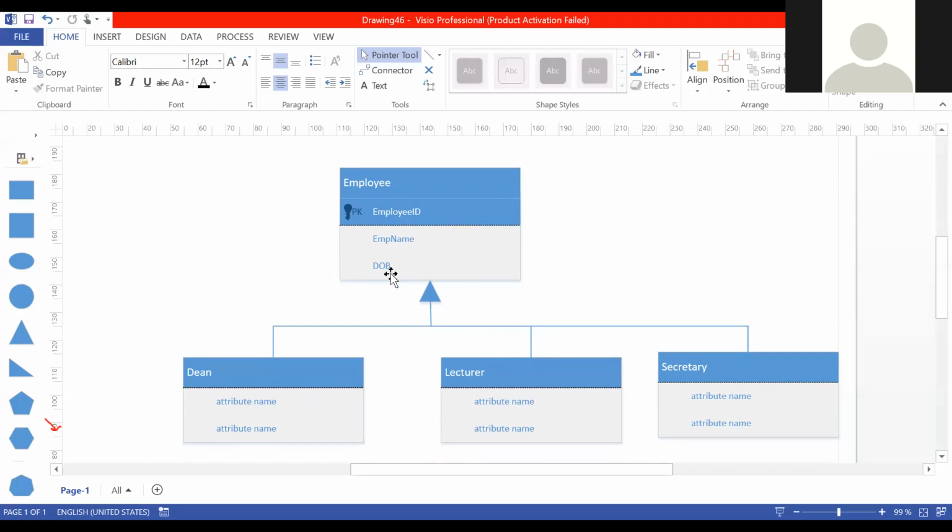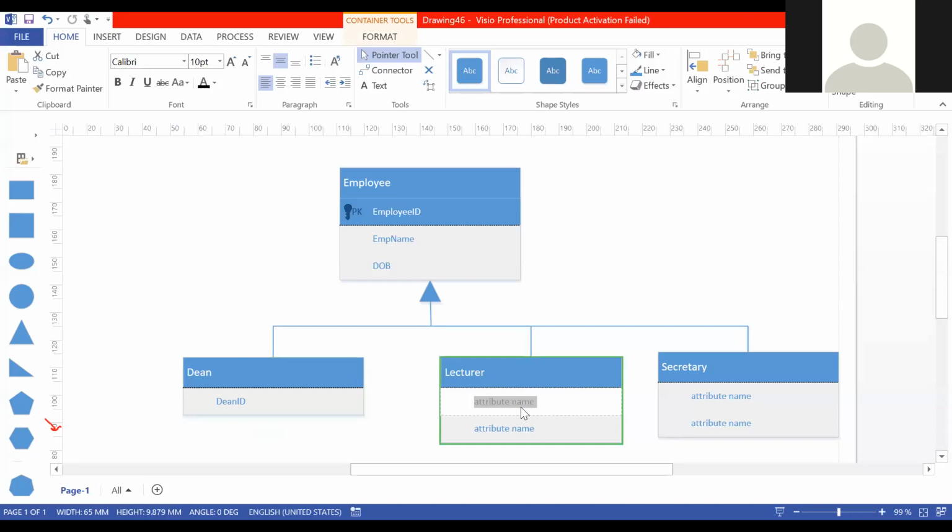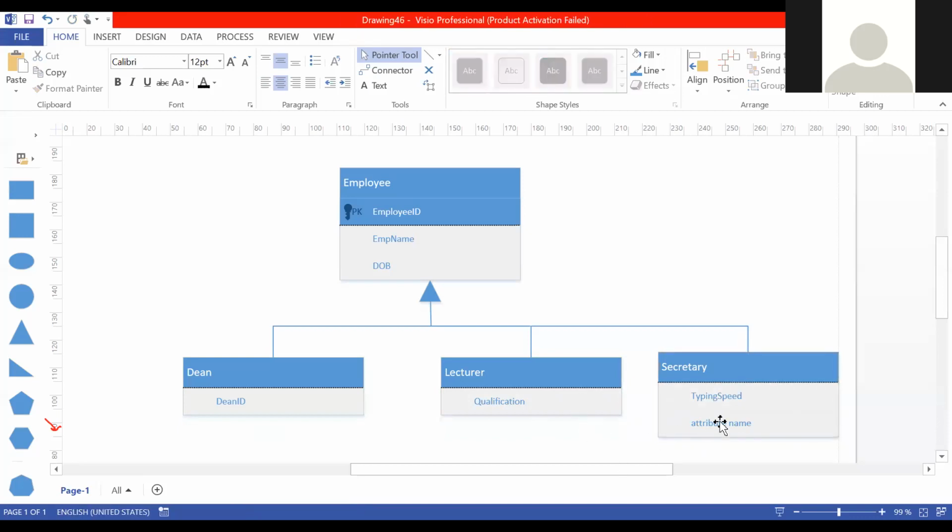However, what is key to note here is some of the subclasses may have unique features that other subclasses do not have. For example, a dean may have a dean ID. Okay, then you remove this. A lecturer may have another distinct feature, let's say qualification. And the secretary might have another distinct feature called typing speed. Okay, so those distinct features,